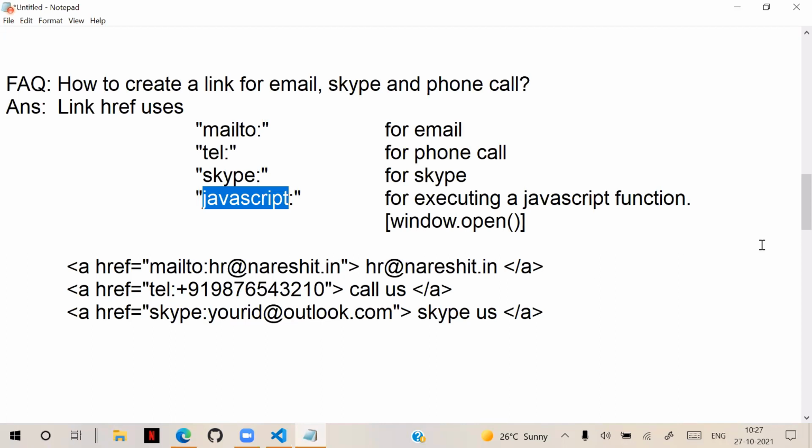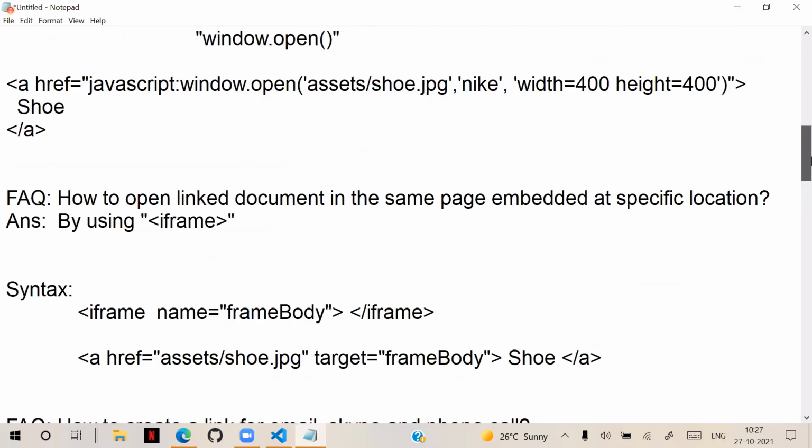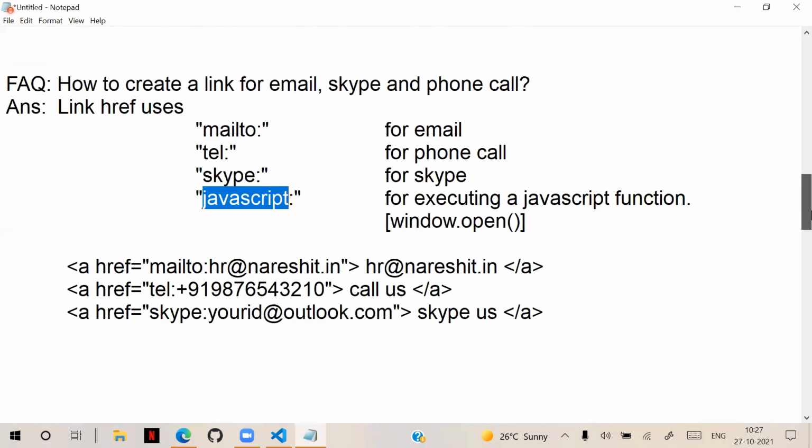So this is inter-document navigation, that means from one document to another. Here we have learned a lot of attributes: how to open a link target in a separate tab, in a separate window, and in the same window. Now one more very frequent question here is how to link embedded